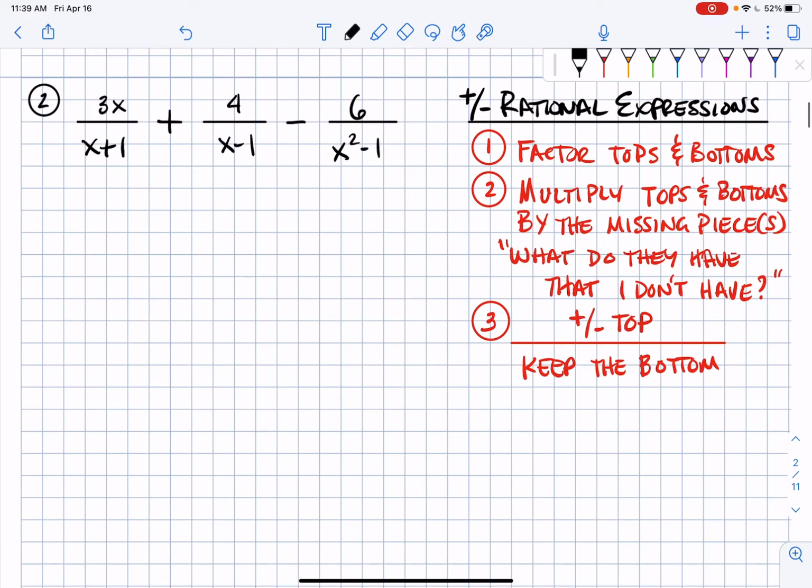All right, on to number 2. In number 2, we're adding and subtracting rational expressions. But the first thing again is to factor the tops and bottoms. So we're going to have 3x over x plus 1, and typically with the binomials, I like to put parentheses around them, plus 4 over x minus 1, minus